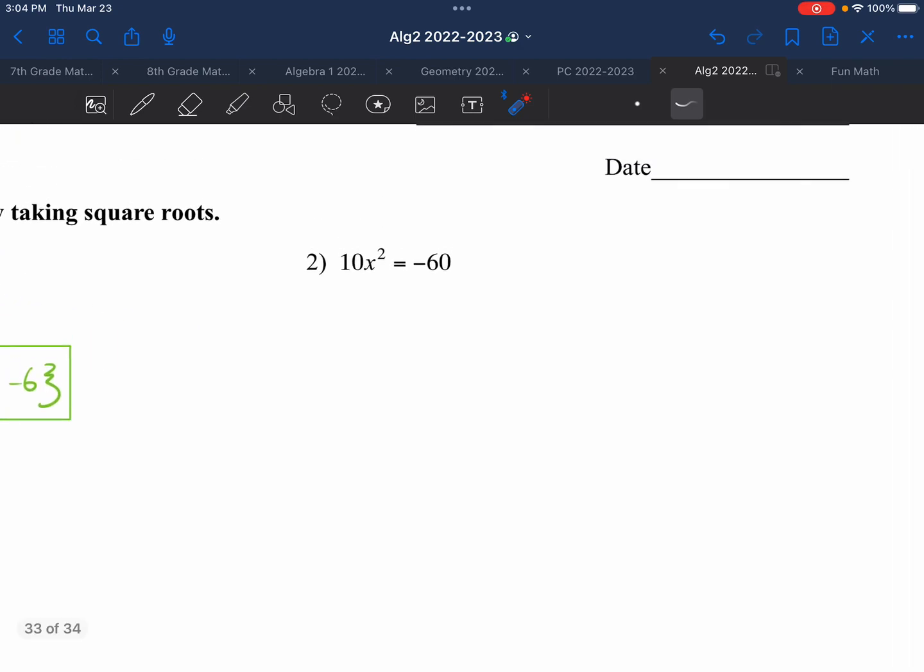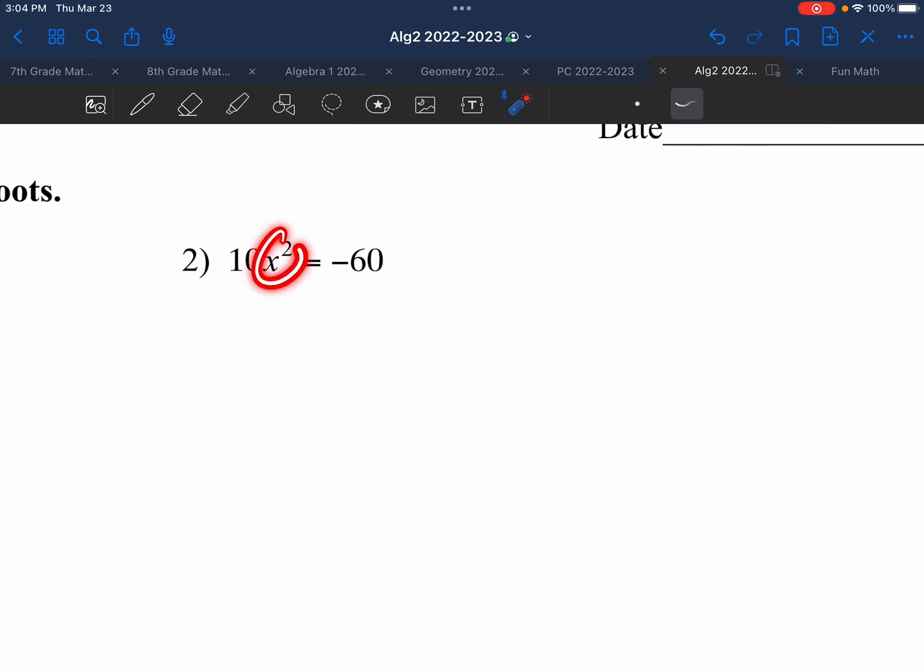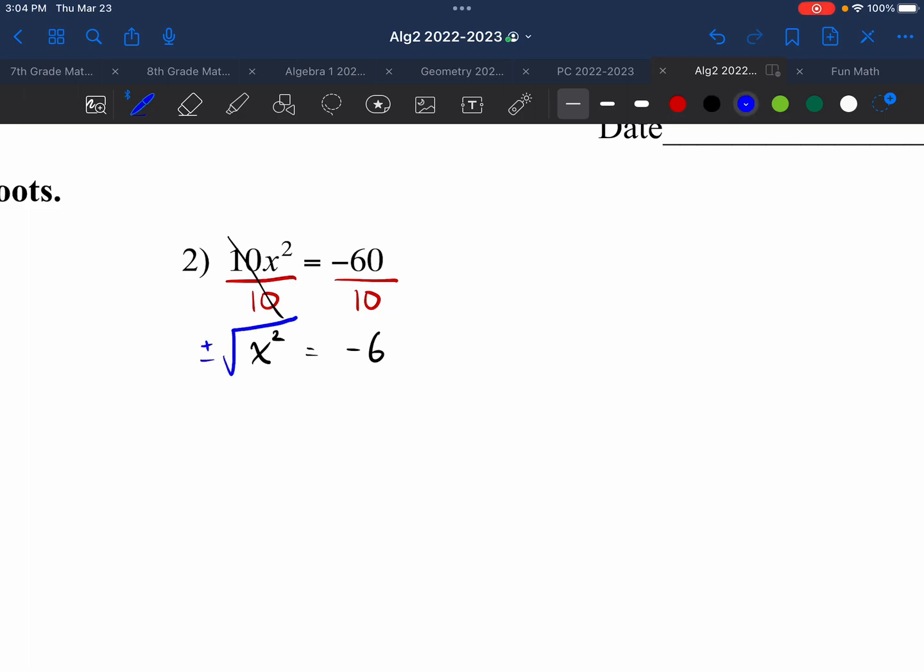For number 2, again, we're trying to isolate this x squared, meaning that this pesky 10 is going to have to move to the other side. Notice 10 is being multiplied by the x squared, so the inverse operation of multiply is to divide both sides by that 10. When I do that, the 10s are gone, and that leaves me with an x squared by itself, and that's going to be equal to negative 6. And from here, I'm going to do the plus or minus the square root on both sides. So plus or minus the square root on the left side and plus or minus the square root on the right side. And this now has the power to cancel, cancel, cancel, leaving me with x is equal to